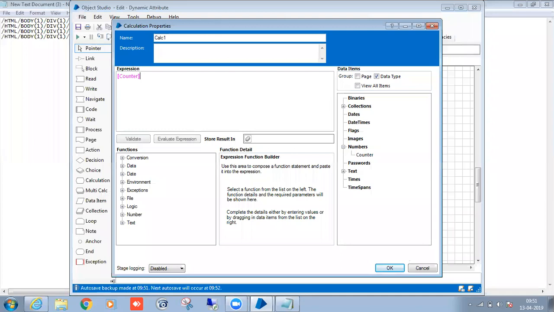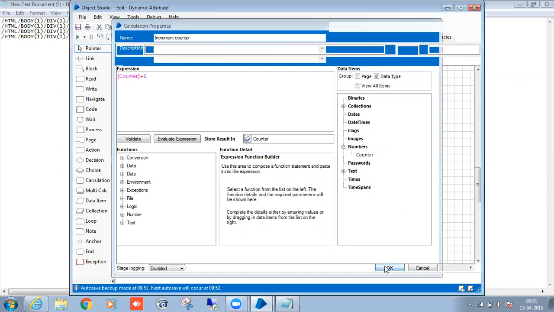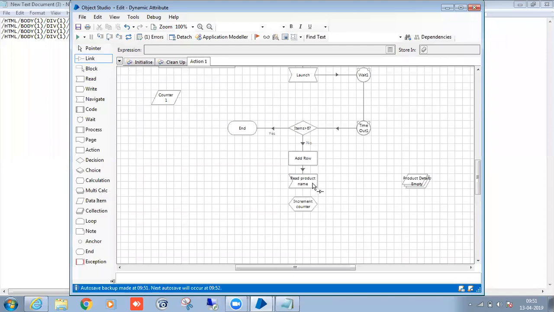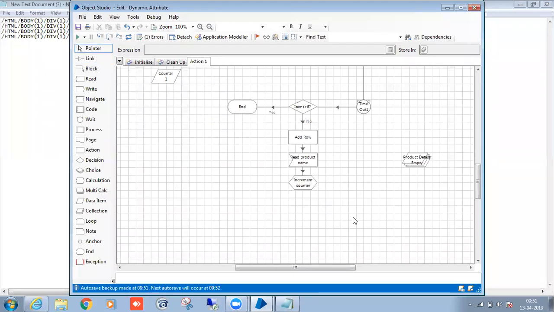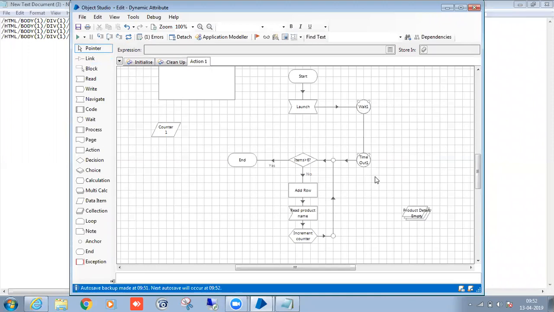Count plus one. Right, after I have done this, again I look at it.